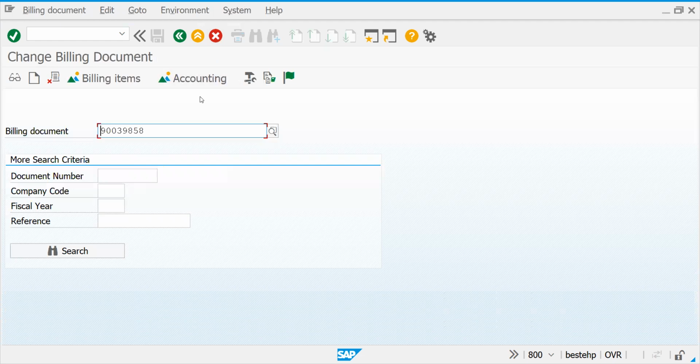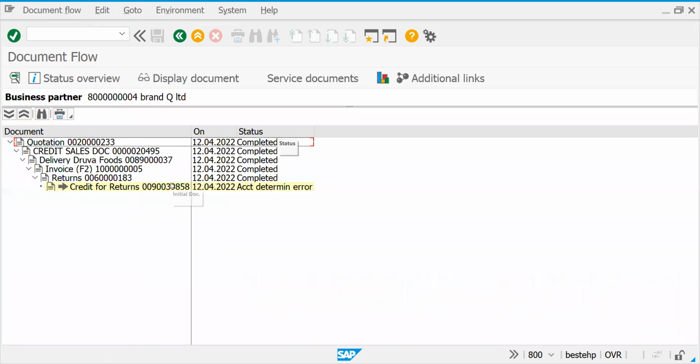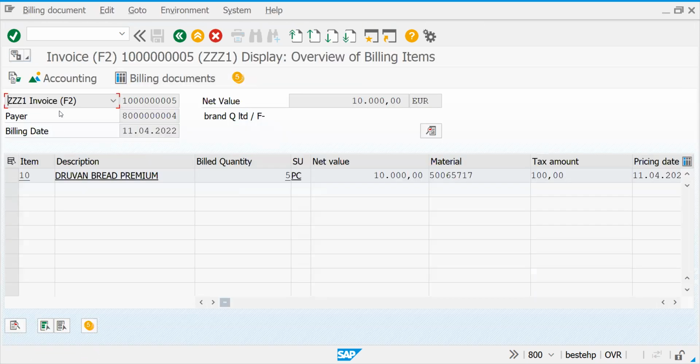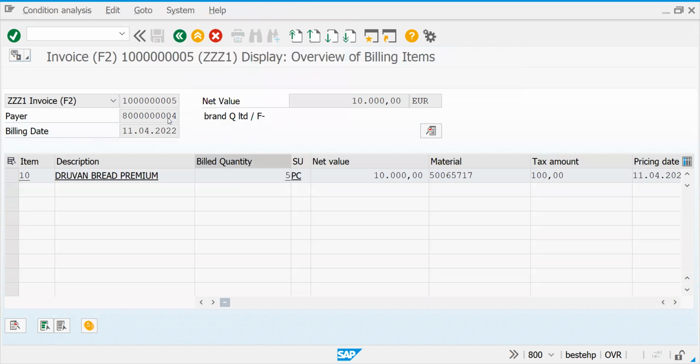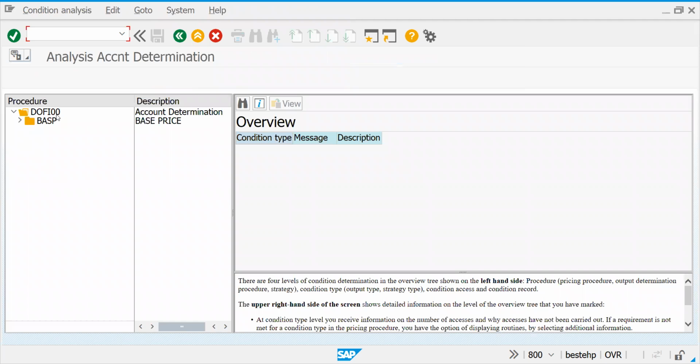If you go to VF02, okay, let's go to the document flow. If you select this invoice, this is our invoice, right? For this invoice, if you see, the same thing, revenue accounts, our procedure is DOFI 100. For credit memo, we have done KOFI, that is standard account determination. So that's why it is saying error. So now let's go to